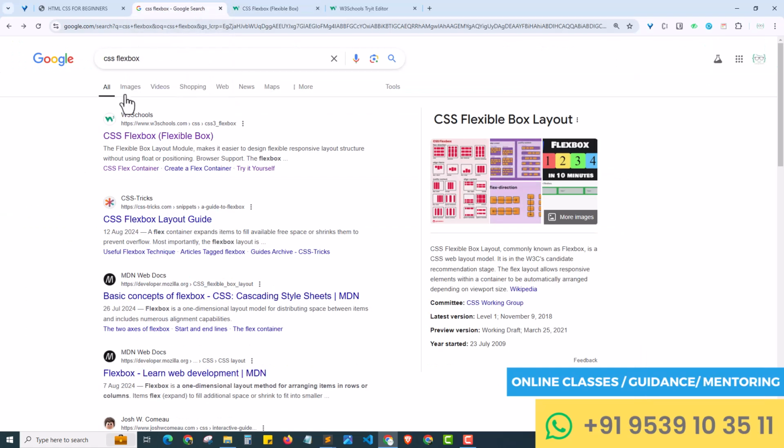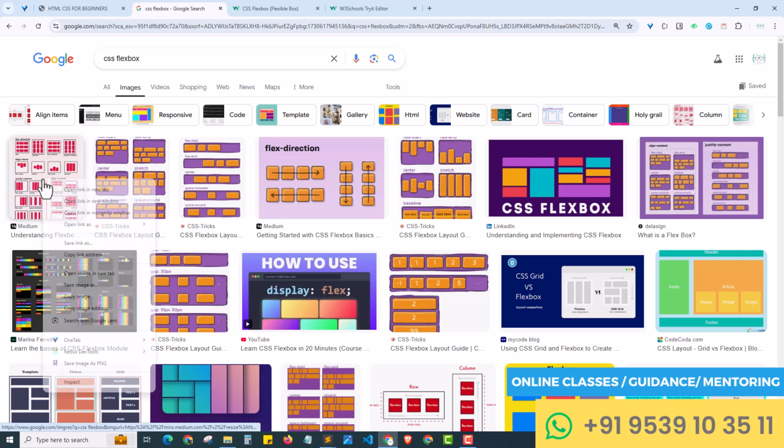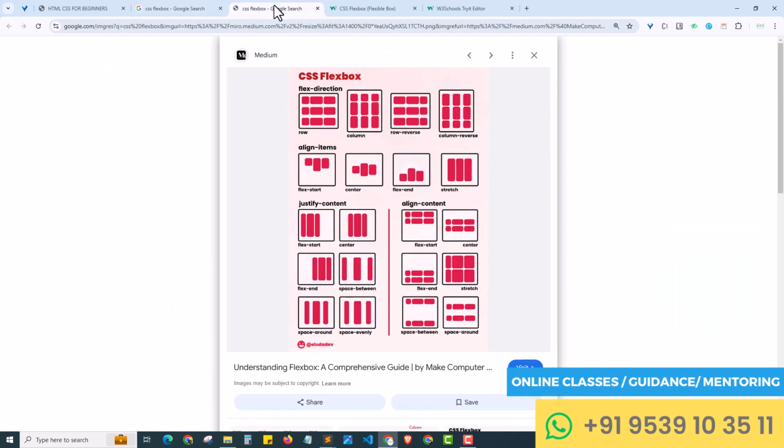And coming to the images, here is an example. I am just opening the image. So here you can see the elements are arranged in different ways. You can see this is arrangement in flex direction row. So this is a row arrangement, and here you can see a column arrangement. Here is a reversal of the row, meaning the last item will come first here if you put the row reverse